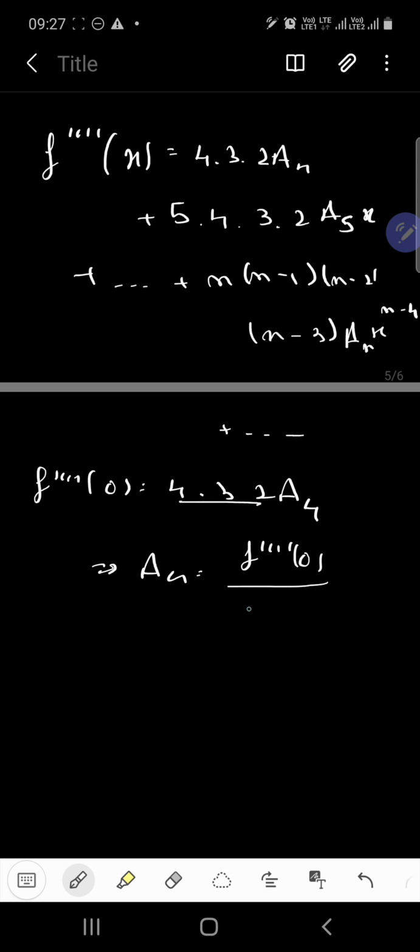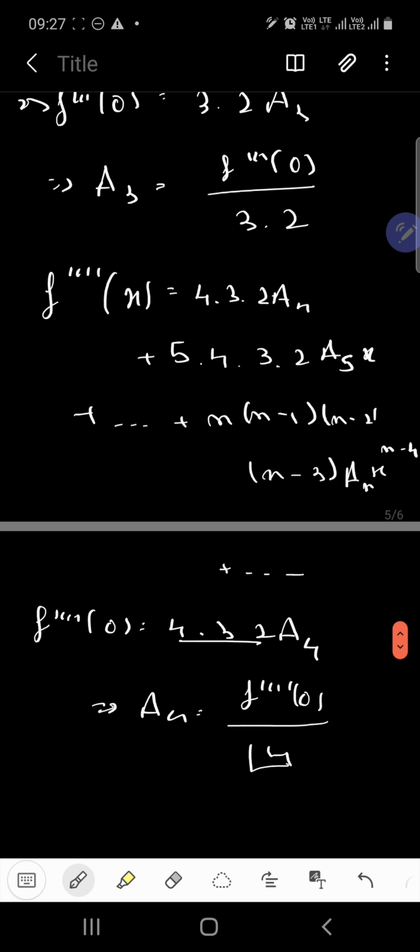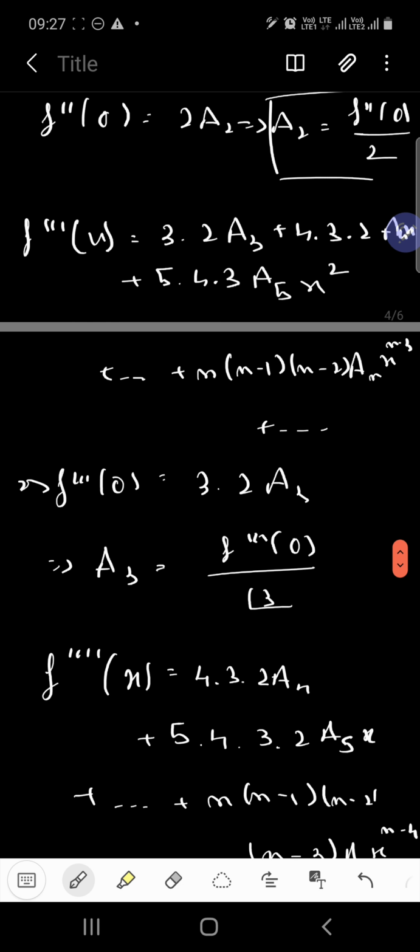Now this can be written as 4 factorial. So 4 factorial. Similarly, this could have been written as 3 factorial, right? So let us just omit these and write 3 factorial. So this one actually becomes 2 factorial. Similarly, if we move on till the nth derivative at x, what do we get?